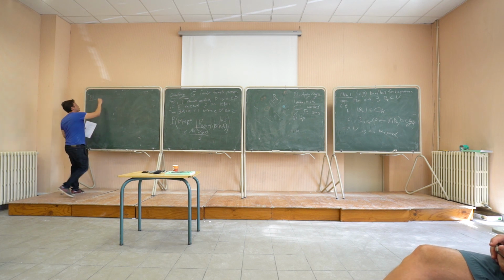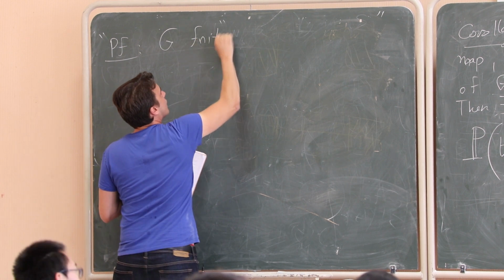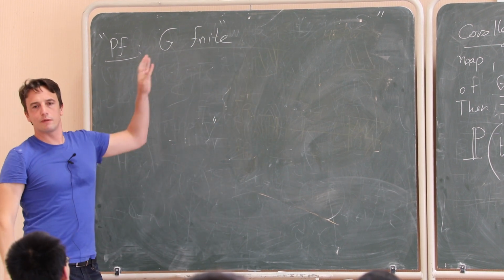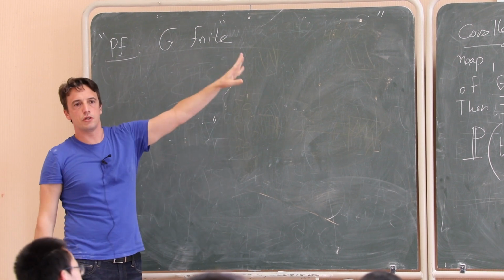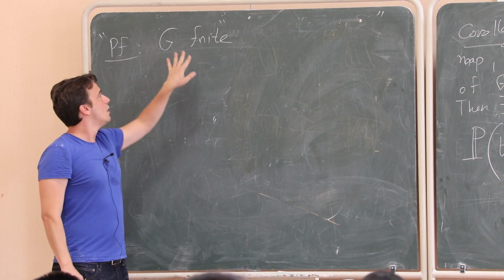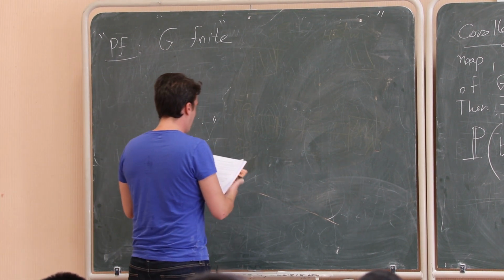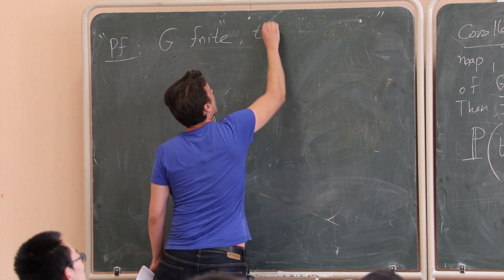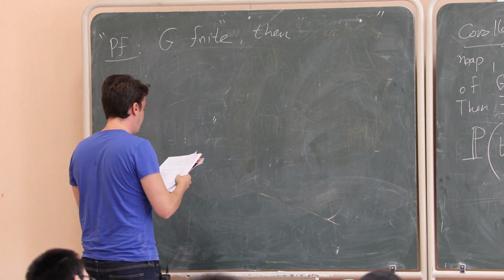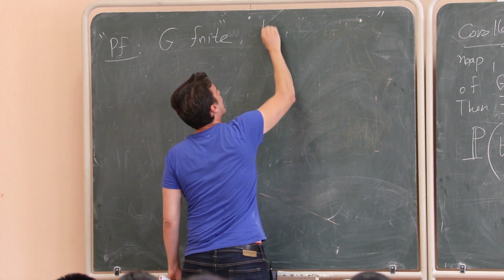So now let G be a finite, simple, planar map. And I imagine this G as one of a sequence of G's converging to U, but now I'm just looking at one of them. And now I'm going to claim that, for G finite and degree bounded by D, no more than D,